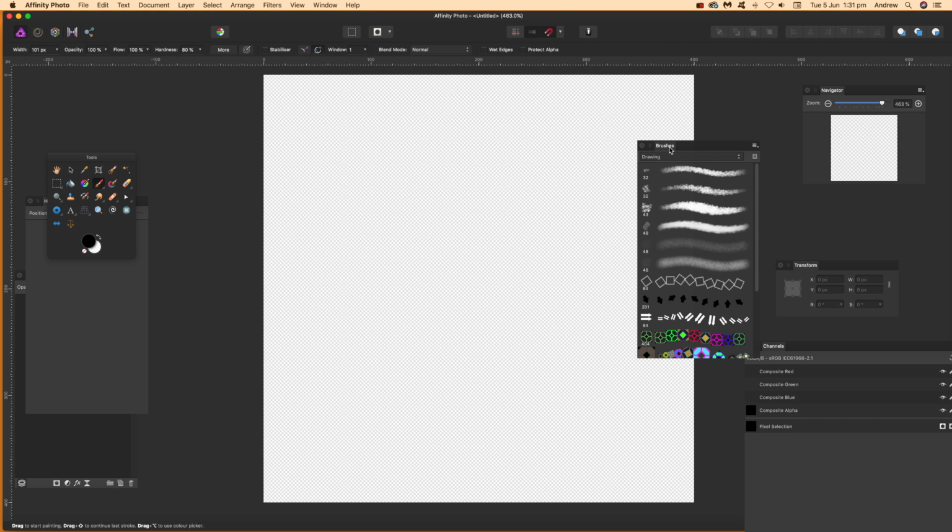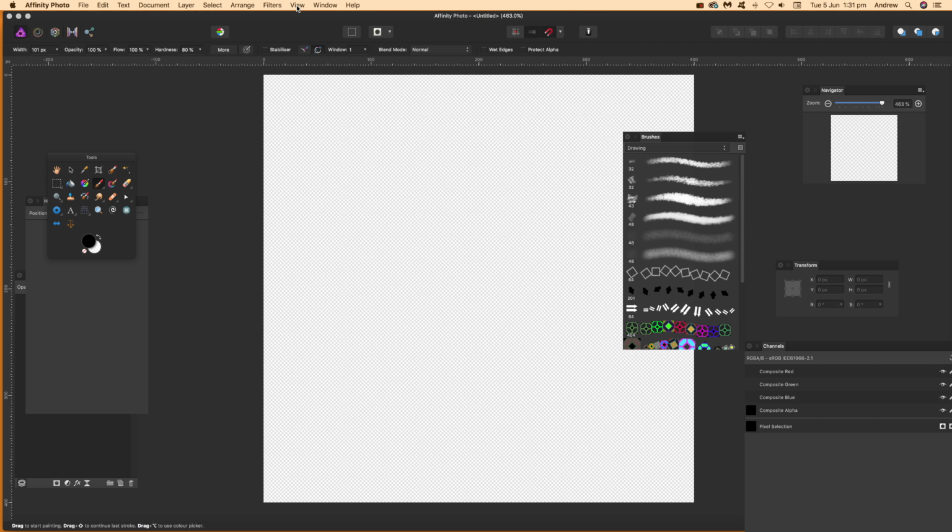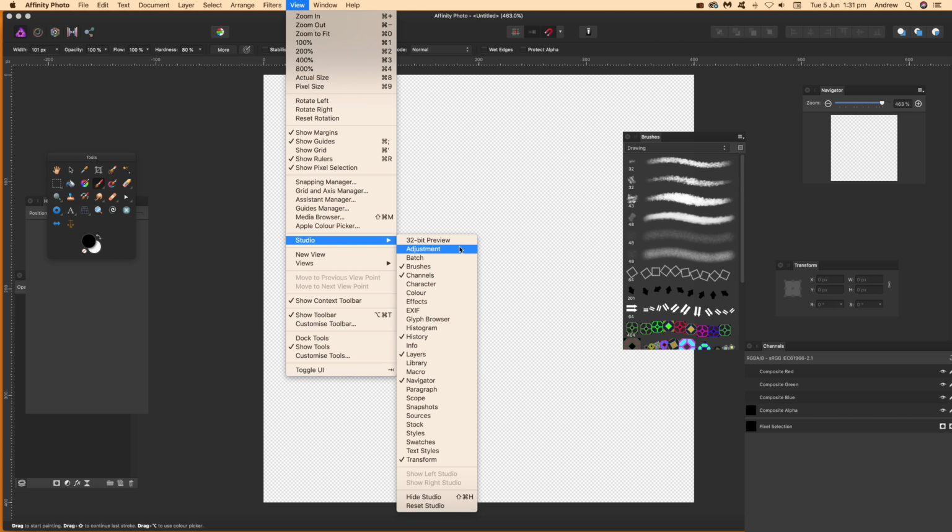To load ABR files into Affinity Photo, tutorial by Andrew Buckle. In this tutorial, I'm just going to show you how to load ABR files, and the key thing here is to actually have the brushes panel in Affinity Photo. So once you've got that available, you can see there in Studio,